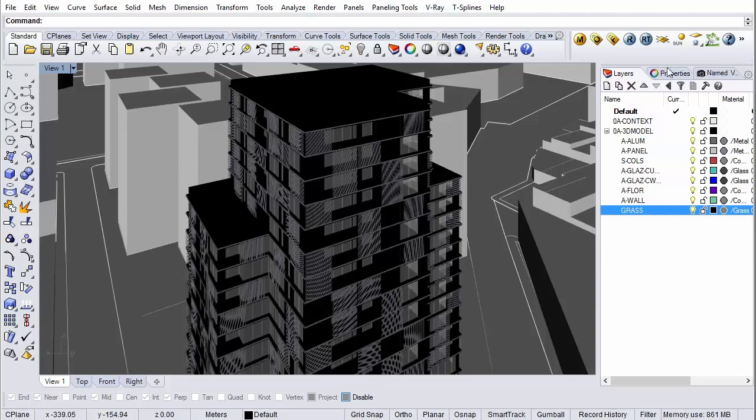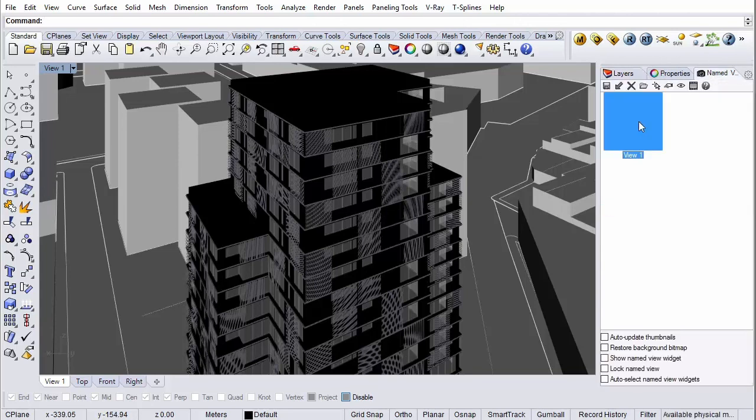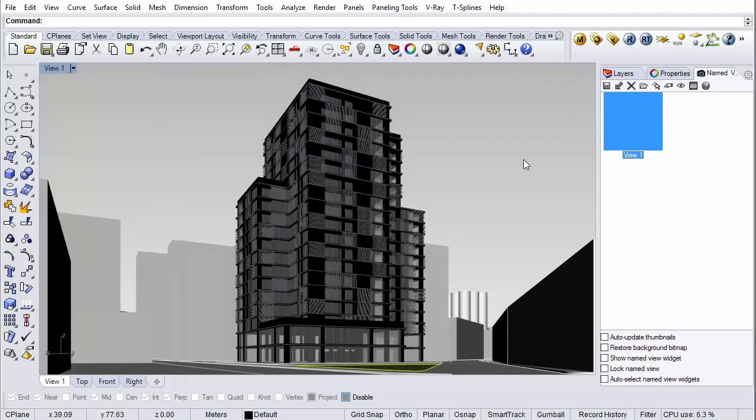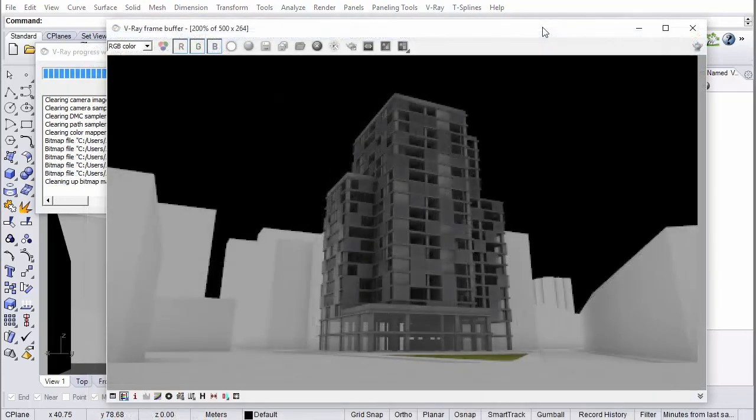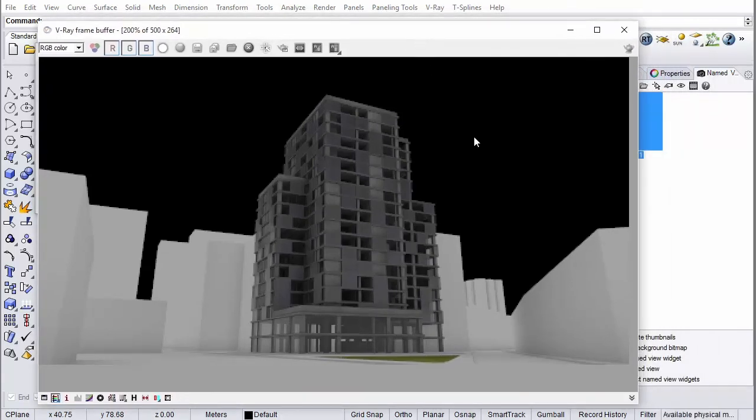So let's just go back to our view. And we're going to create just a render of where we are. All right, so now the materials are in there. And actually, we've shortened the video for you guys, but this actually took a ridiculously long time to render.